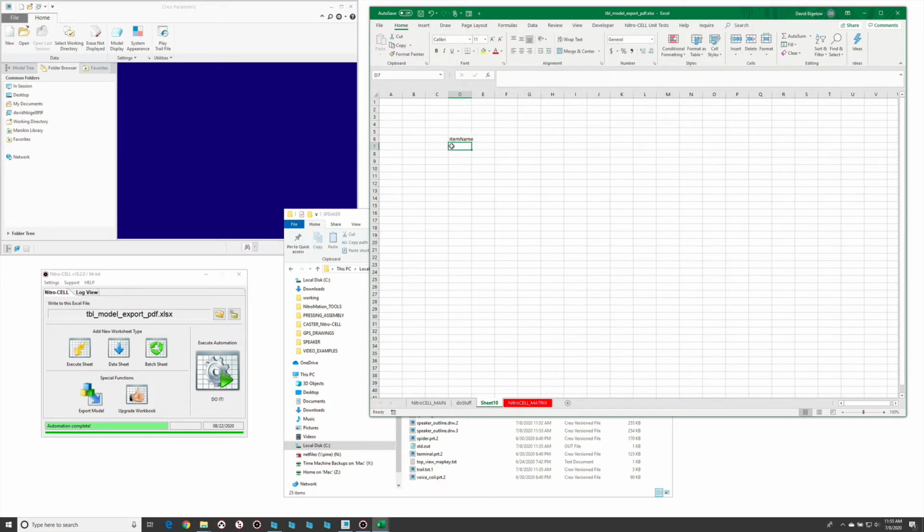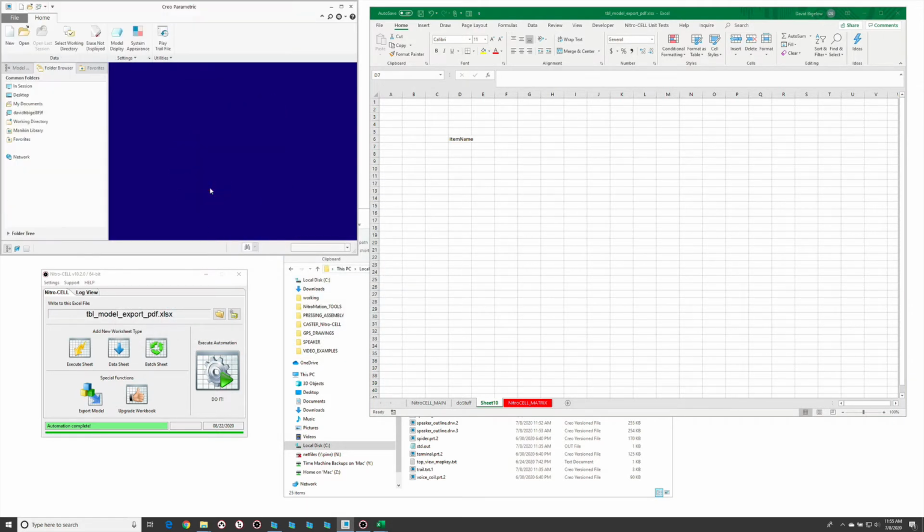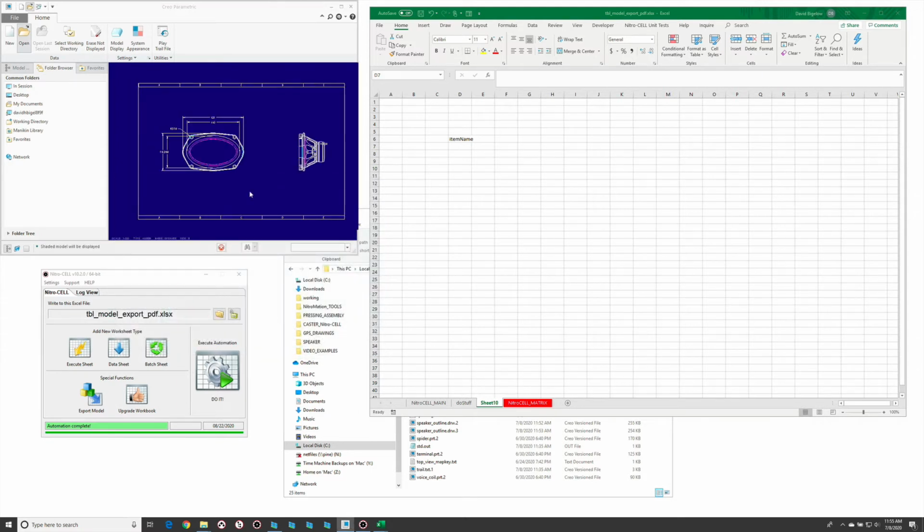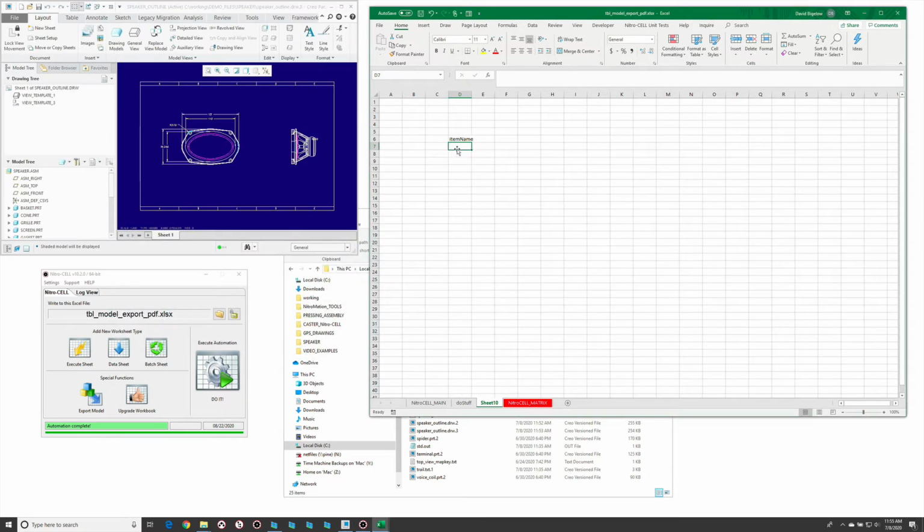And in this particular case, let's open up our speaker assembly, and let's also open up our speaker outline drawing. So these are in session. So the first thing I want to do is let's do basket.prt, spider.prt, and then speaker outline.drw. Okay, so I've got two parts and a drawing file, and I'm going to create a table